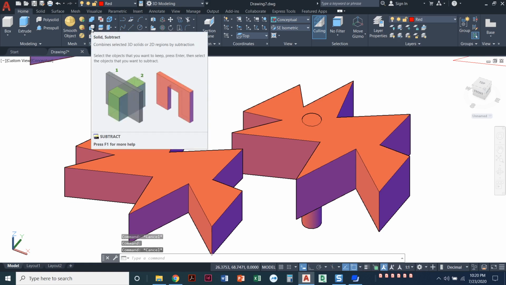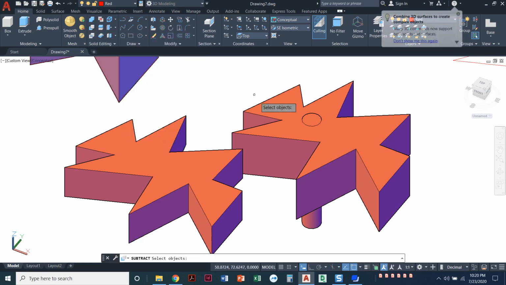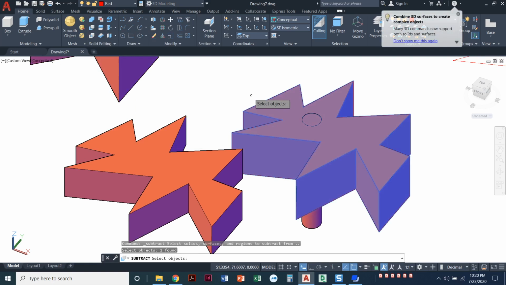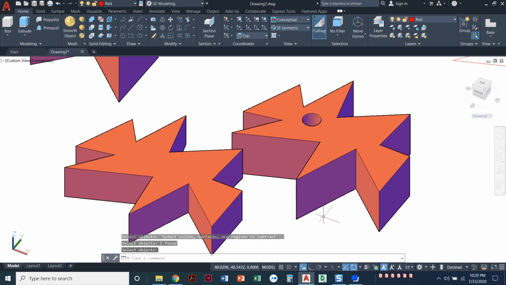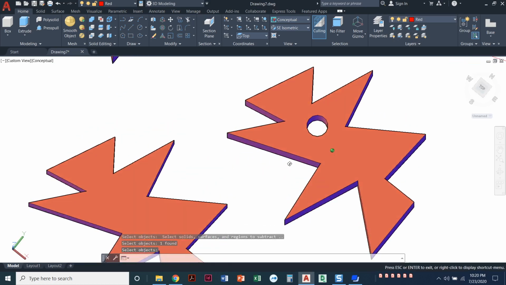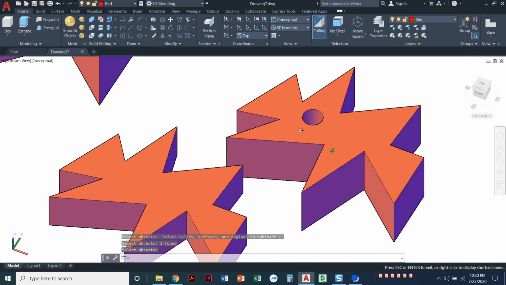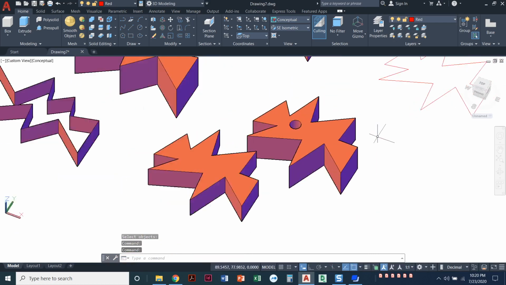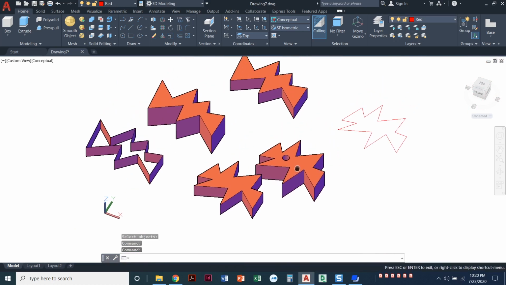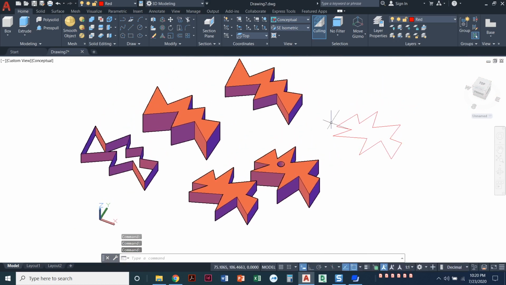Okay, here it goes. The subtract command. Select the object you want to keep. Press enter. Helps if you press the right icon. And then select the object you want to subtract. Press enter. And that's how we get a hole through there. So you can extrude a circle to become a cylinder and then subtract that circle out, and that's how we get holes in 3D. So that's it.